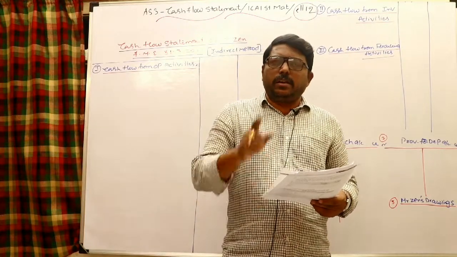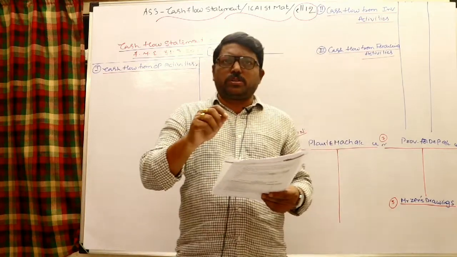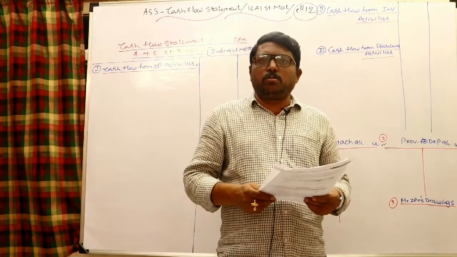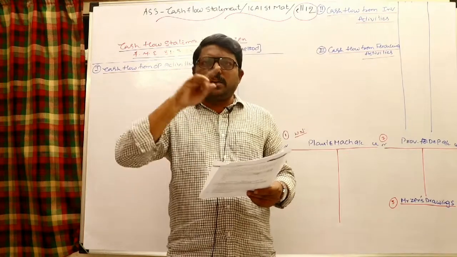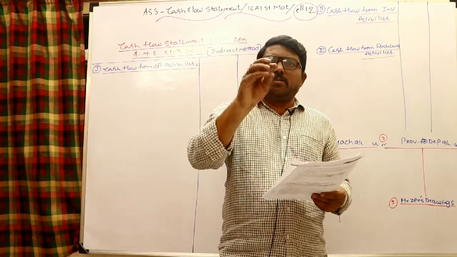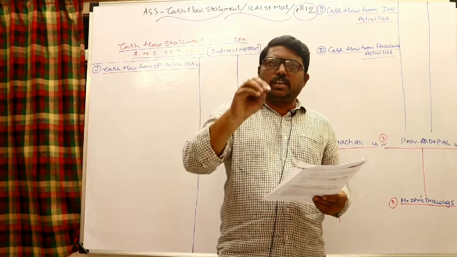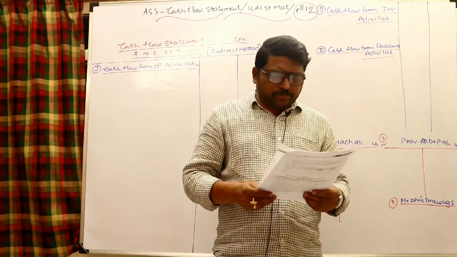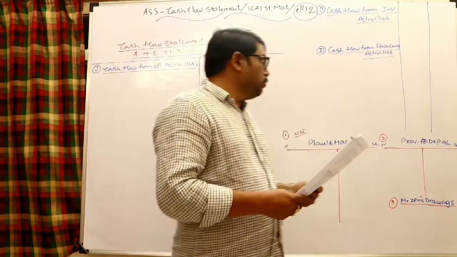Because I said that in the provision method, entire provision for depreciation is deducted from the cost of the asset, and the written down value is shown in the balance sheet. But in the ledger, plant and machinery is not at the written down value, it is always at cost, with the entire accumulated depreciation in the provision account. Therefore, while taking the opening balance, you have to record at cost price, which means written down value add provision for depreciation, in the beginning as well as at the end. That is simply what we need to work out.